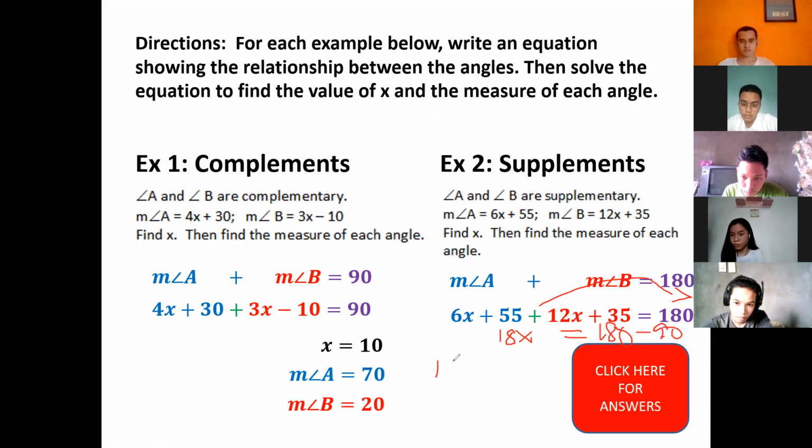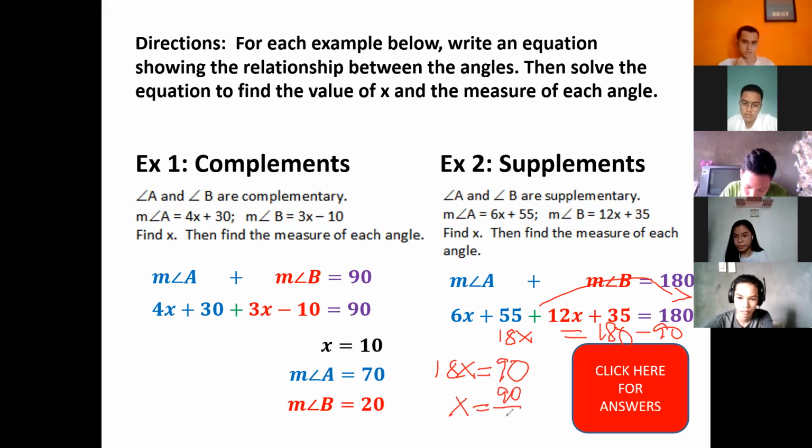Therefore, we have 18x is equal to 180 minus 90, which is 90. X therefore is equal to 90 divided by 18. And what is 90 divided by 18? You do the math. The answer is